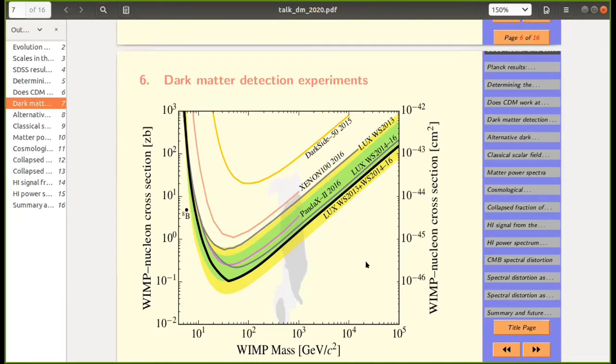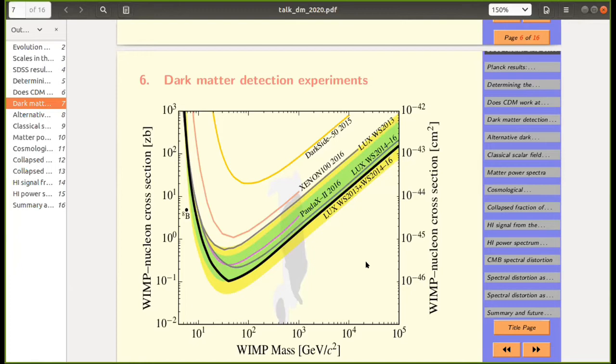And if you look at the kind of cross sections people have reached, look at the right panel. They have reached a level of cross section like 10 to the minus 45. This is orders of magnitude smaller than weak interaction cross sections. And that's what people have reached, and they have found nothing. So these limits have improved by orders of magnitude in the last 10 years alone.